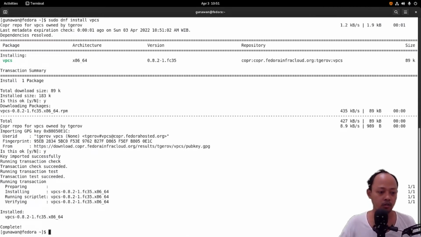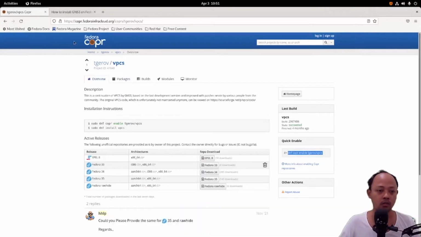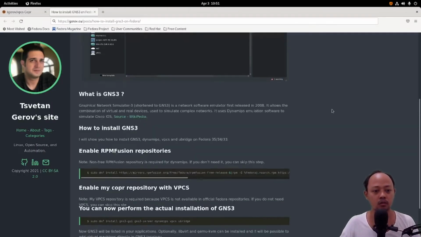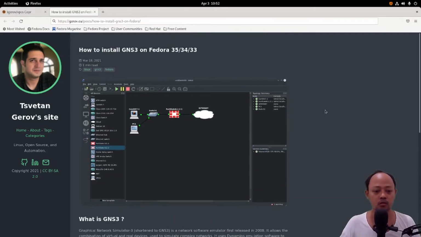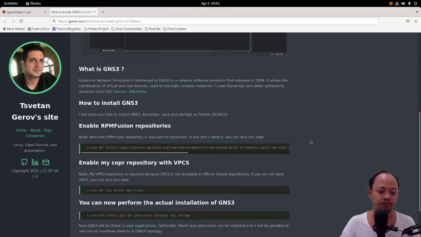Here you can read that this is the COPR repo for VPCS owned by Grove, and when I did some browsing, I found this blog with the steps for installing VPCS.